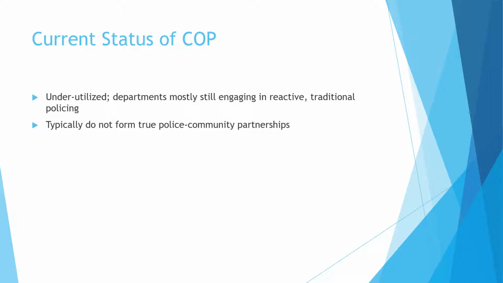I think that the police often don't form true police community partnerships. It's often one-sided. The police just pretty much tell the community what they're going to do, or if the police meet with the community, it's just to have a gripe session, so to speak, with the community, let them air their beefs, and then we'll ignore them. You saw it in the Philadelphia video. They may not be talking to each other. They don't trust each other, so we might have to build trust, respect, all of those kinds of things before we can form partnerships.